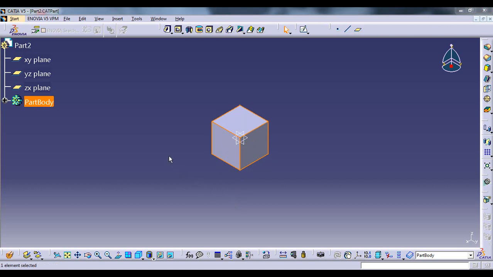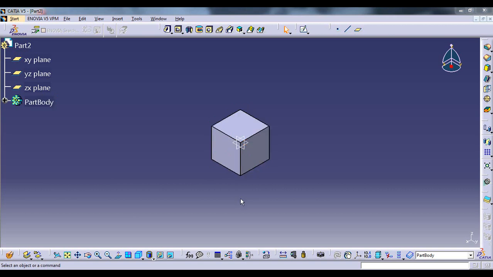So now when we have made this geometry, all these commands are now available for us. Up till now they were not available. From this we can understand the working principle of CATIA. To make any 3D geometry, we need to make a sketch on one of these 3 planes and then provide a thickness to it. That's it. This is what we have done to this cube as well. Firstly we made a square on one of these planes and then we provided a thickness to it. Many of the 3D geometries in the further videos will be made on this principle only.